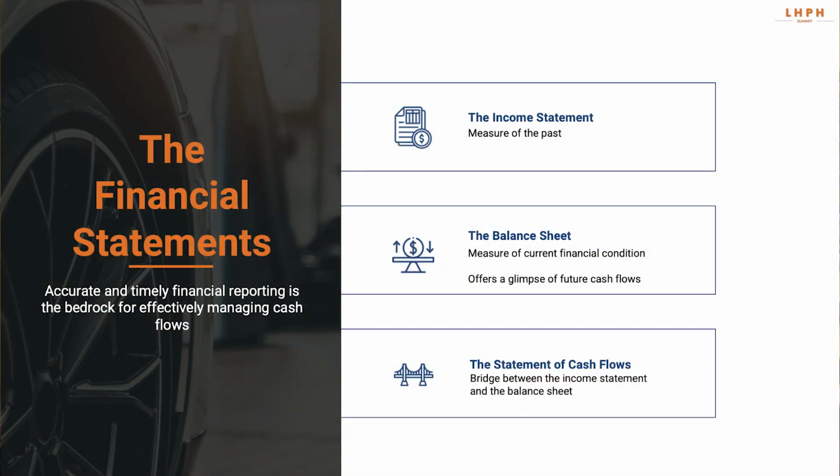But there are some issues with most of the financial statements that get used or reported on a monthly basis when we talk about them from a cash perspective. The financial statements, normally they get used, the income statement, it's a measure of past performance. Now, when we're in a long cash conversion cycle, that past performance might not necessarily match what's happening with cash, and we're going to talk about that.